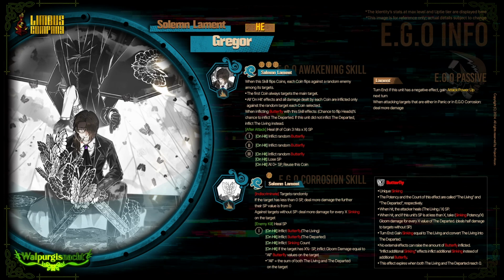And then after the attack, you're healing number of coin 3 hits times X SP, so it heals SP for yourself. That's amazing. And then on the first hit, the second hit, and the third hit, you'll inflict butterfly. On that third hit, you're losing SP, and at 0+ SP, reuse this coin. Oh my god. Oh my god. If there's not a cap on this,